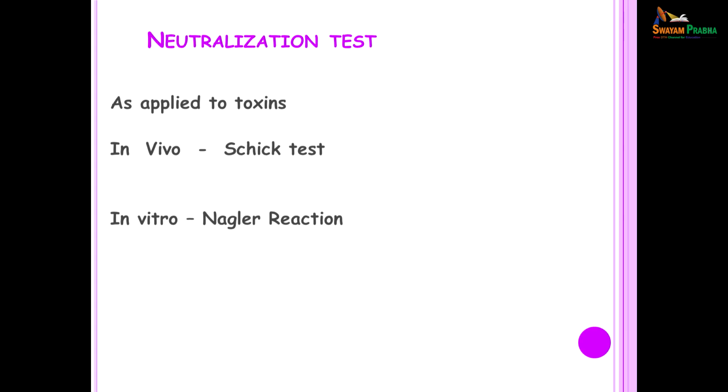This is a test which is usually applied to detect the presence of toxins in vivo, that is in the body. The common example is the Schick test, which used to be done in the past to diagnose diphtheria, and in vitro the most common place where we use a neutralization test is the Nagler reaction. Now, the Nagler reaction is a test which is done to detect the presence of toxins produced by Clostridium perfringens,